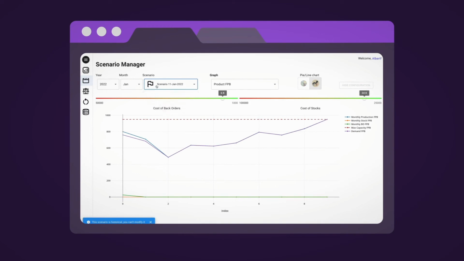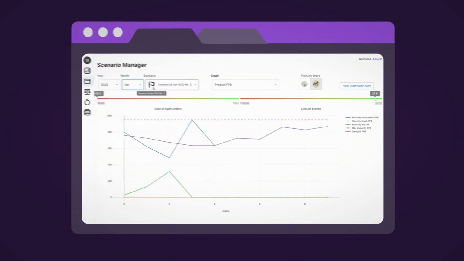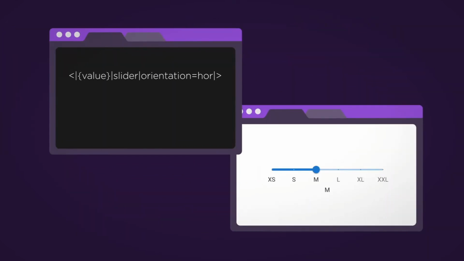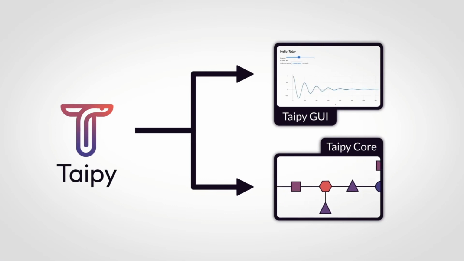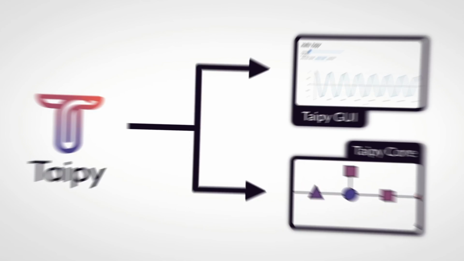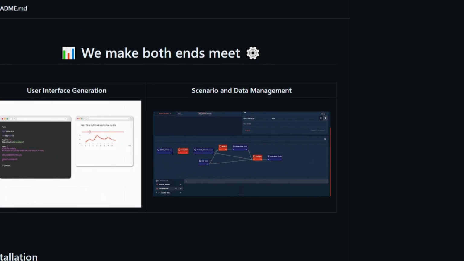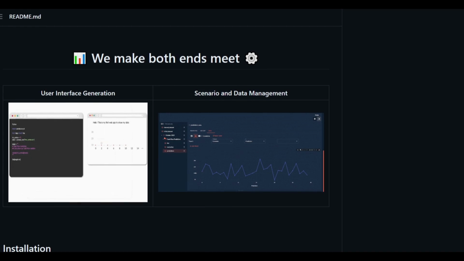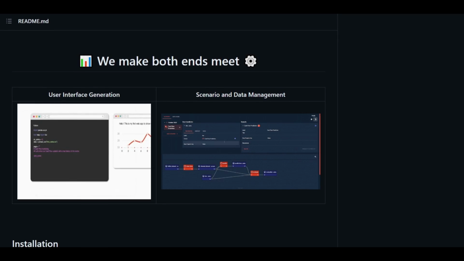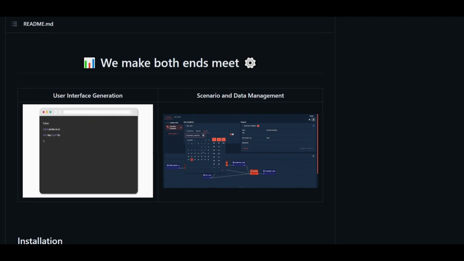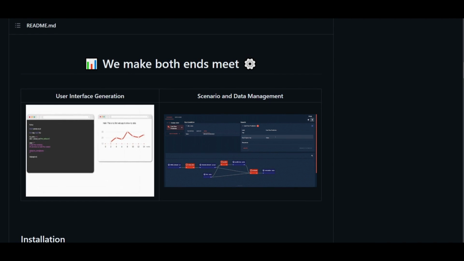It provides intuitive components to organize and manage data through pipelines as well as through data flow orchestrations. It turns data as well as AI algorithms into production-ready web applications in no time. For example, we can see that they have put an emphasis on making it work on both ends, with the user interface generation, which facilitates the generation of UI components